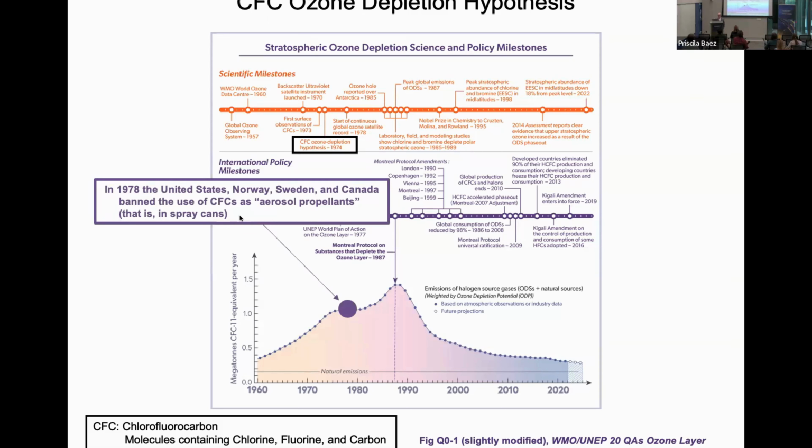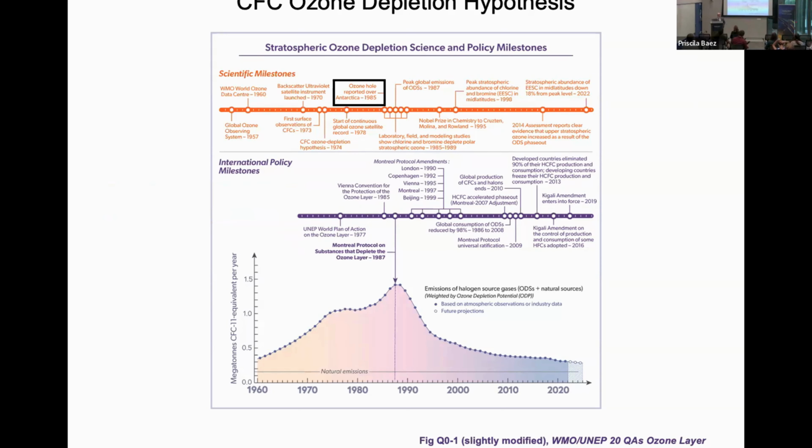Ah, good, the button works. And so here's where we are. Now, this chart on the bottom shows the emissions of all the source gases that deplete ozone that we estimate occur to the atmosphere, and we weight them by something we call the ozone depletion potential. These are atmospheric emissions. They are different than industrial production. I will soon come to industrial production, but atmospheric emissions include production and leakage, as well as CFCs that may have been made years ago that get released to the atmosphere by decaying equipment, or they were used as insulation in buildings, and when the buildings are torn down, the CFCs get released. Okay, so this is 1978.